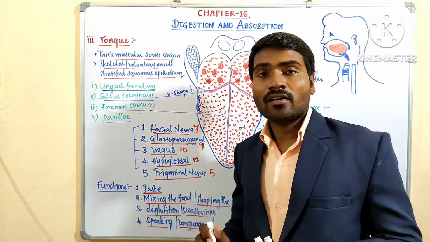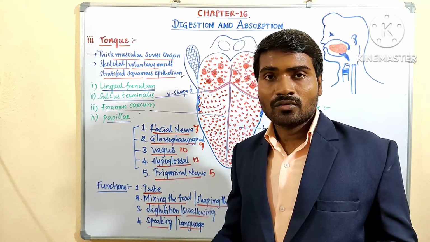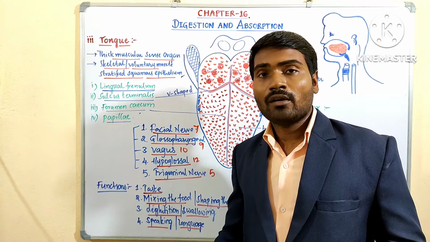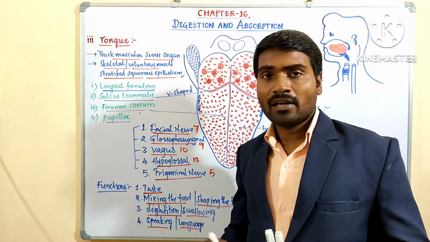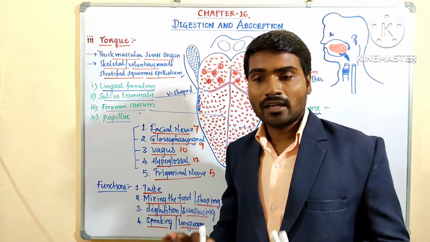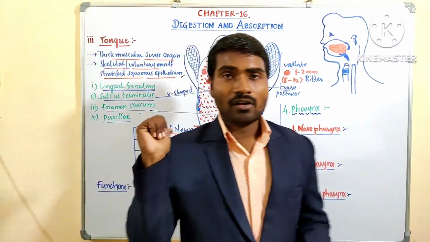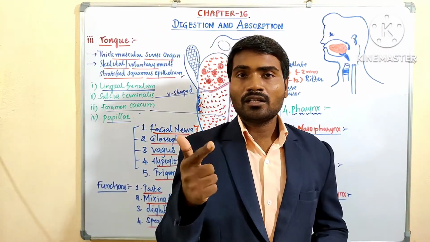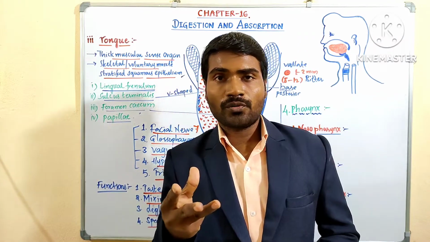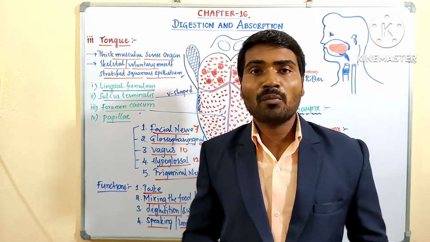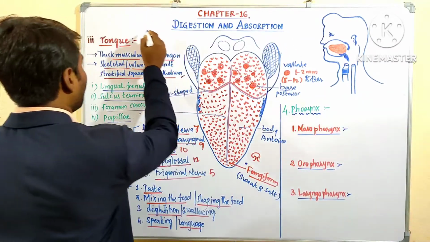In human beings, which papillae are absent? Foliate papillae are absent. Which papillae do not have taste buds? Filiform papillae do not have taste buds. And there are 4 types of taste, as we have already discussed: sweet, salt, bitter, and sour. There is a 5th type of taste also, called umami. What is the 5th taste?